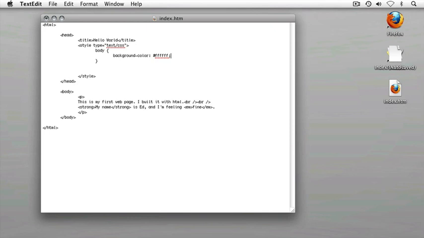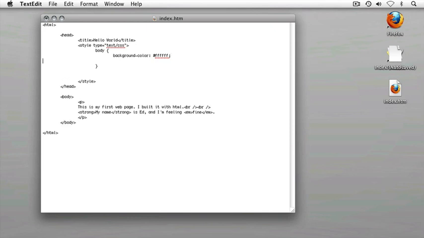Now I'm going to add a few more rules to govern how the body tag should be displayed. I'll hit the return key on my keyboard, tab over 4 times so that my next rule lines up with my first rule, and I'm going to add a little bit of margin on the left, and then another rule to add some margin on the right. The syntax for this property is margin dash left, colon, and in this case I'll assign 20% on the left,